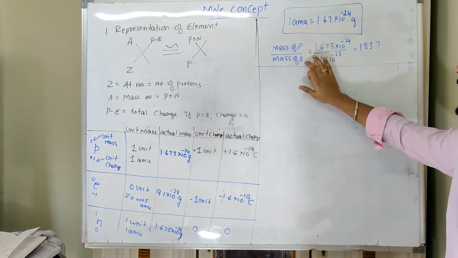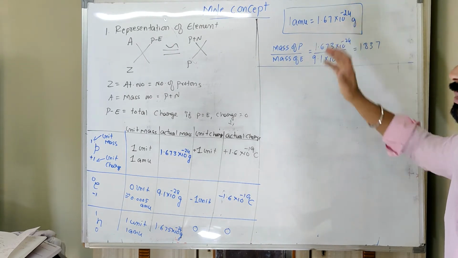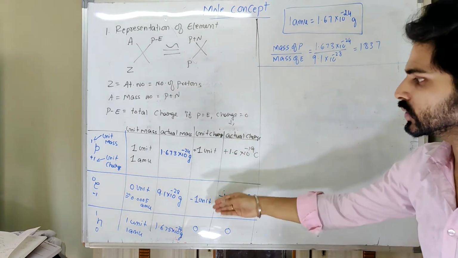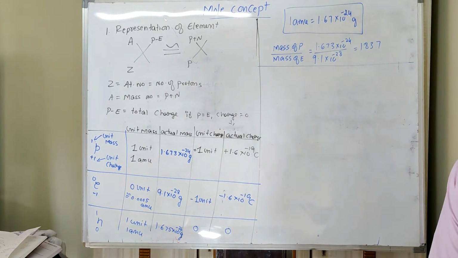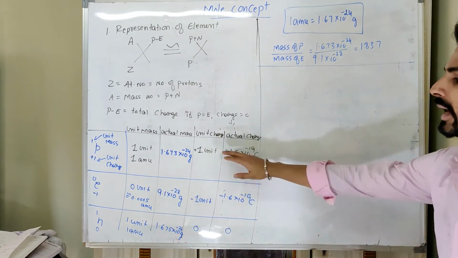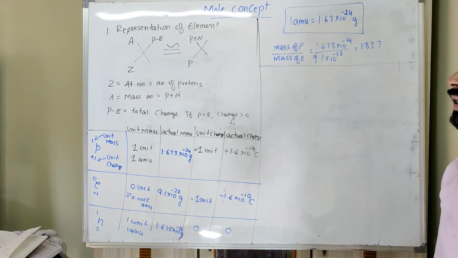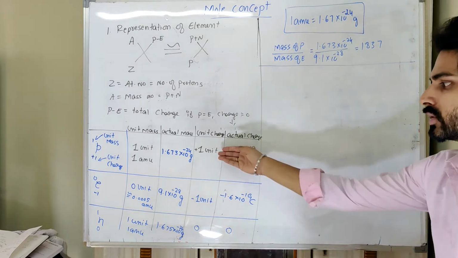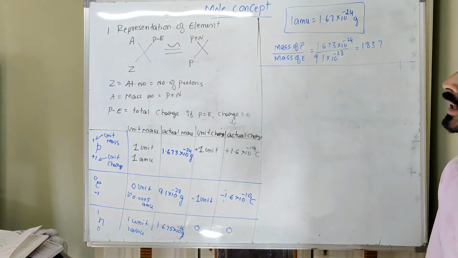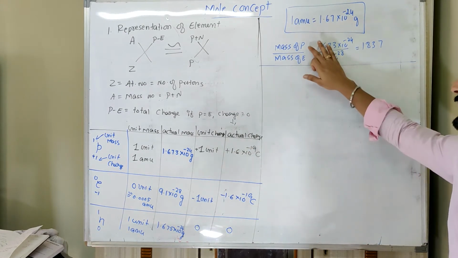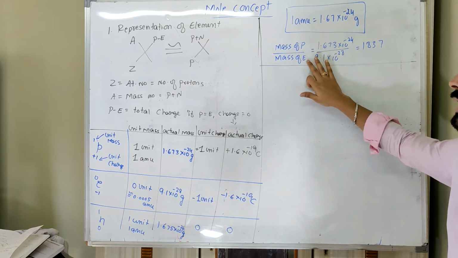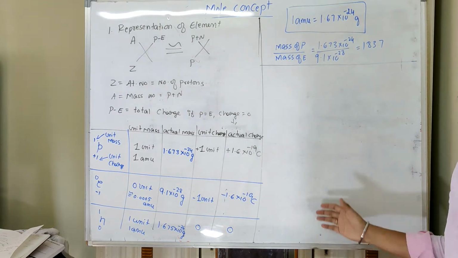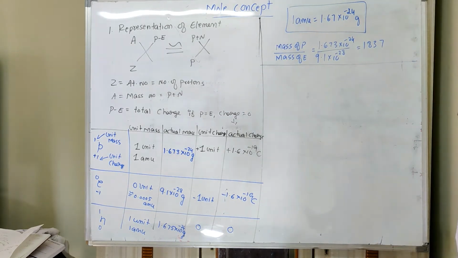That means if you consider the proton as an elephant, the electron will be an ant. So much mass difference is there. Though there is no difference in the charge except the sign, magnitude wise the charge is equal. That's why the charge of one proton can be cancelled with the charge of an electron, because they are equal in magnitude. But mass wise there is a huge difference. If we consider the proton as an elephant, the electron has to be in the form of an ant, that much difference is there.